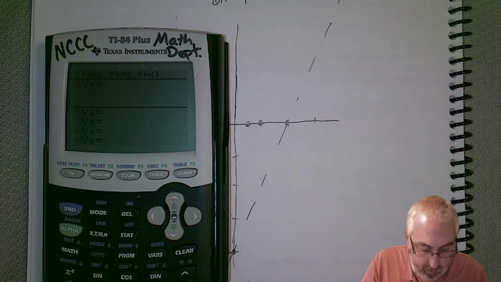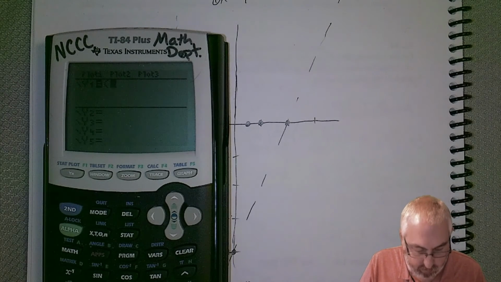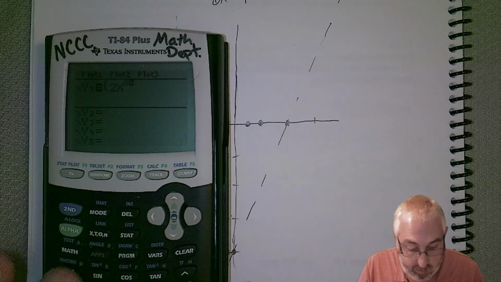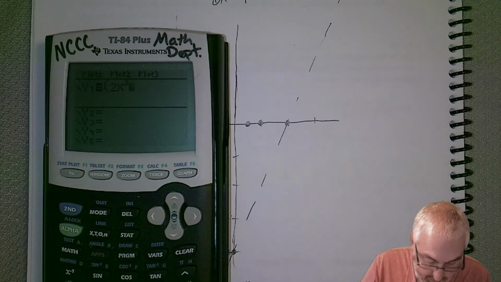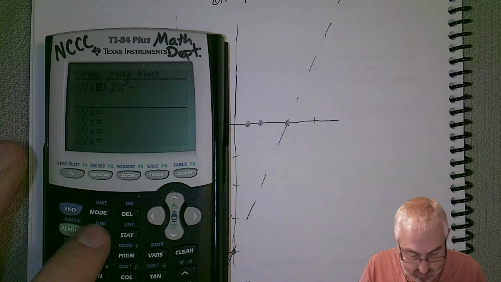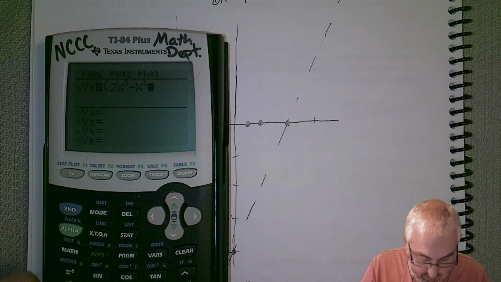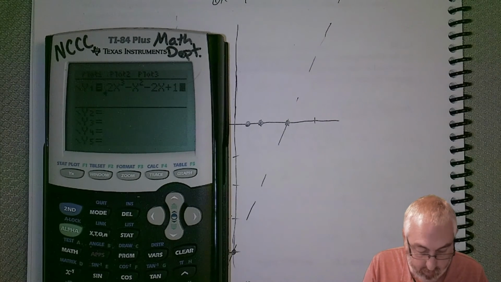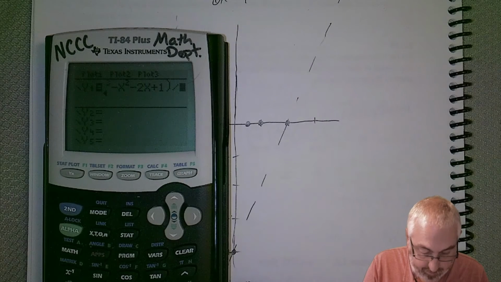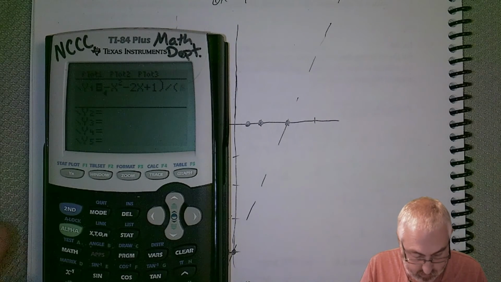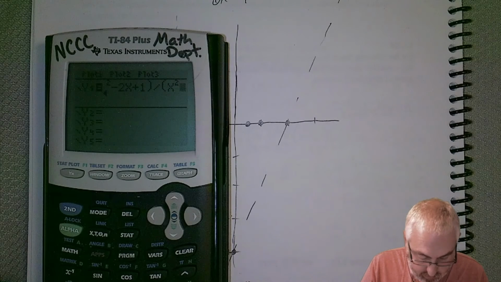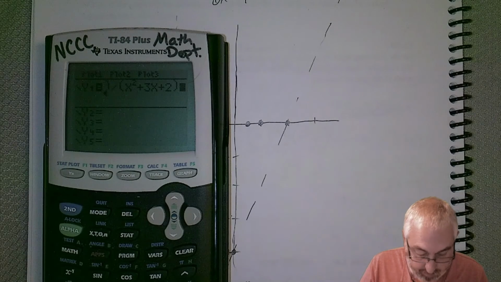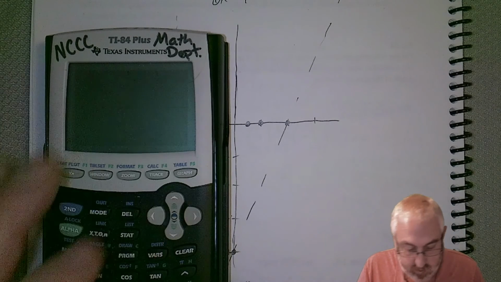So we'll clear that one off, and we'll put in our rational function. 2x to the third minus x squared minus 2x plus 1, divided by x squared plus 3x plus 2. And so if we get a table,